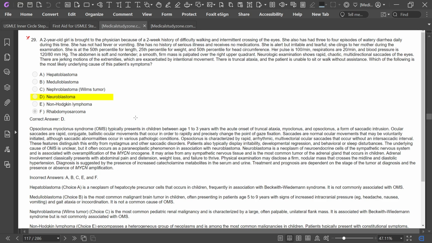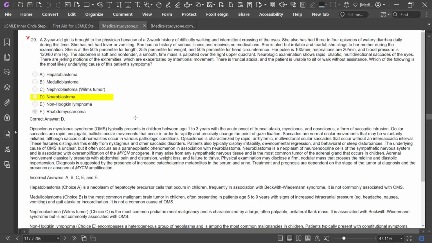Patients also typically display irritability, developmental regression, and behavioral or sleep disturbance. The underlying cause of opsoclonus myoclonus syndrome is unclear but it often occurs as a paraneoplastic phenomenon in association with